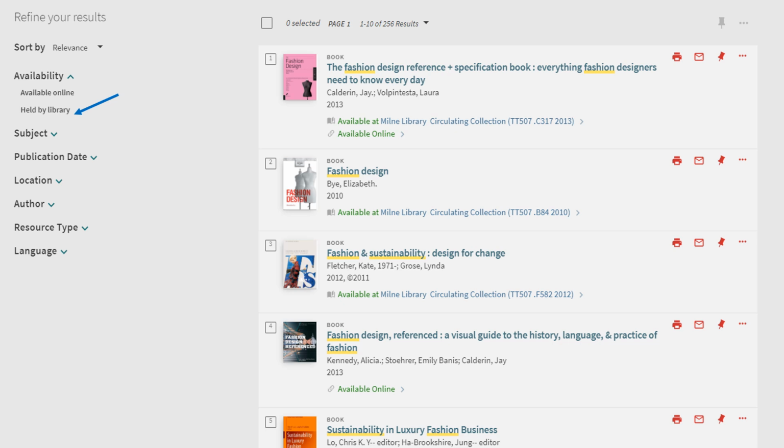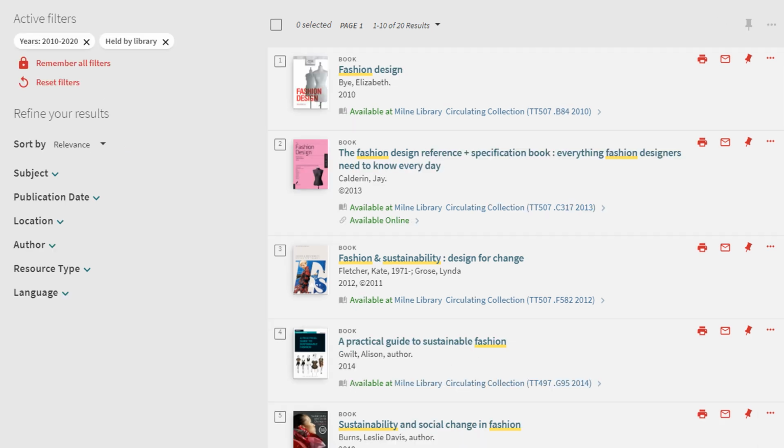Another option is to filter by date. For example, we can filter by books published from 2010 to 2024. Lastly, if you're getting search results that are from sources other than books, you can use resource type to filter by the type of source you want, for example, books. Once you're finished adding filters, you'll see that the results have narrowed, making it easier to find books relevant to